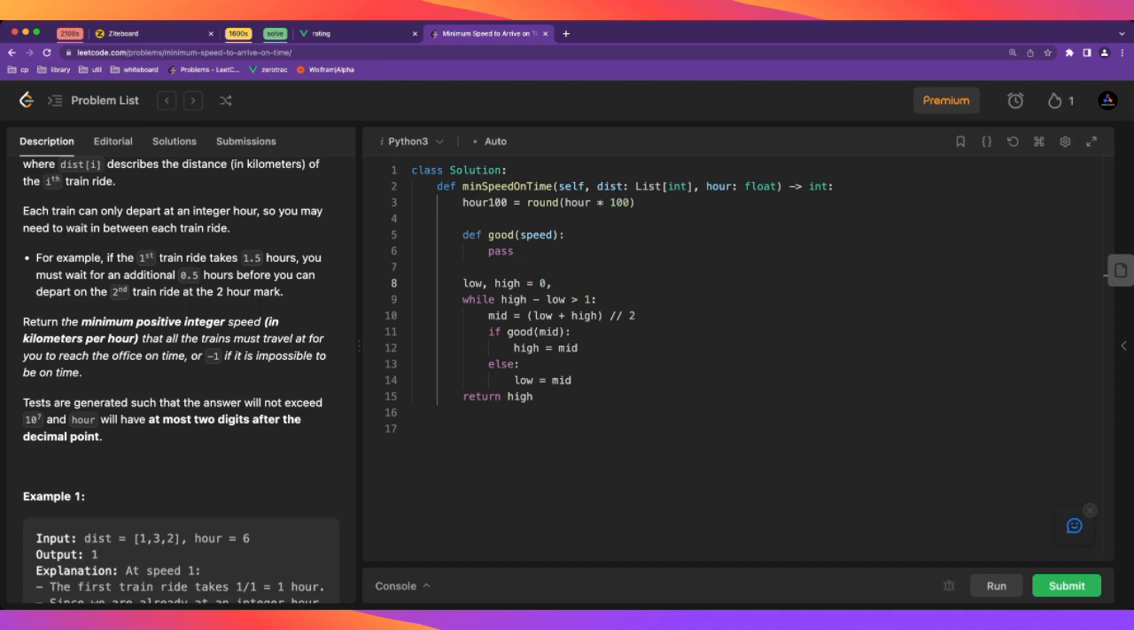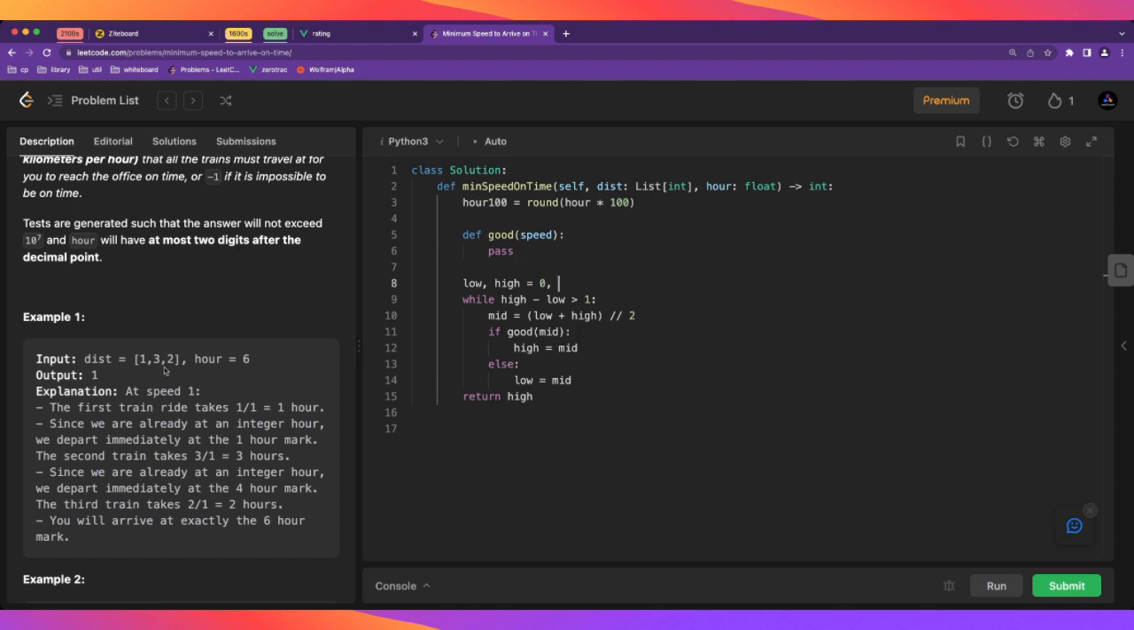So now, how do we initialize high so that it's initially true? Well, here there's a catch, because there's a special case where we have to return -1, in which it is impossible to be on time. So there might not be any high that is true. So one way to think about this is, if we set high, if the speed is larger than all of the distances,